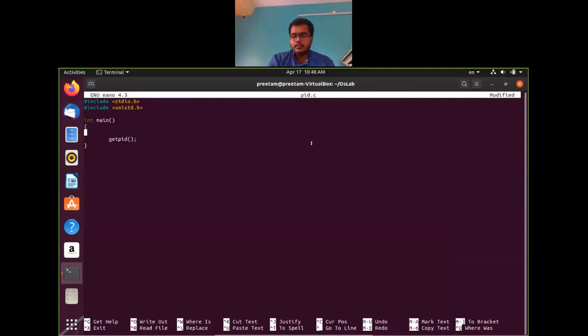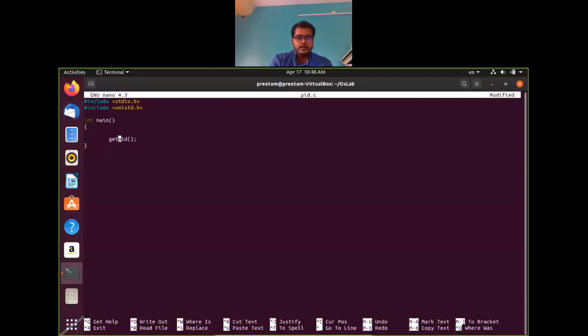Okay, so as I was telling, getpid will actually return you the process ID. You can take it into a variable, or you can directly show it.